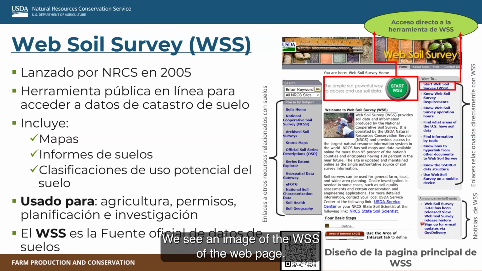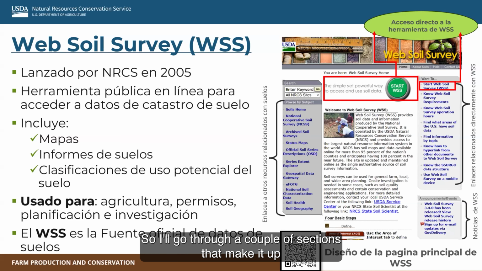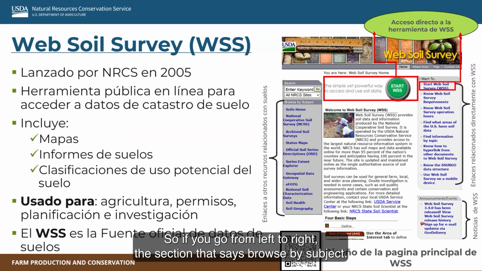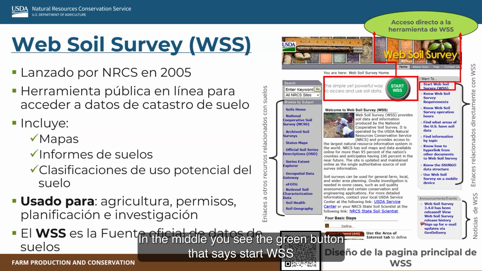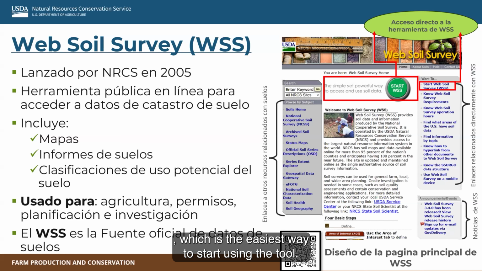We see an image of the WSS web page. I'll go through a couple of sections that make it up. If you go from left to right, the section that says Browse by Subject will give you different links with resources related to soil sciences. In the middle, you'll see the green button that says Start WSS, which is the easiest way to start using the tool.